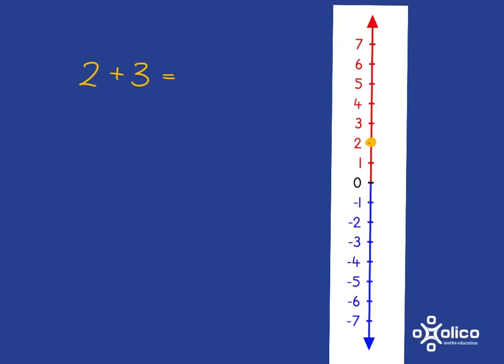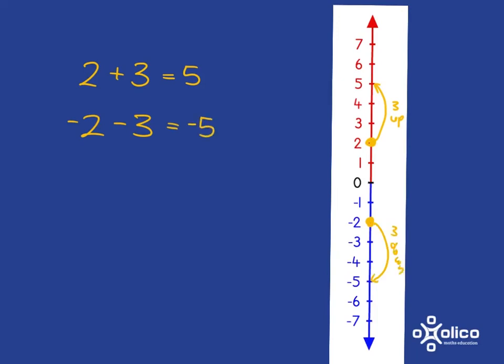So our starting point is 2, we're adding, so we're going up, and we're going up by 3 steps, and we'll end at 5. Now, what about -2 subtract 3? Here we start at -2, but because we're subtracting, we're going down, and we're going down by 3 steps, and so we will end up at